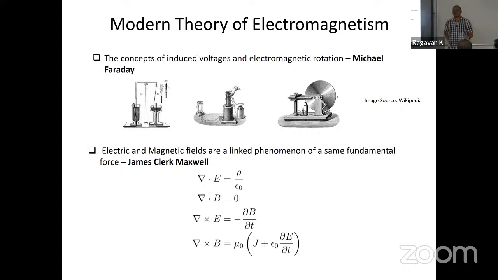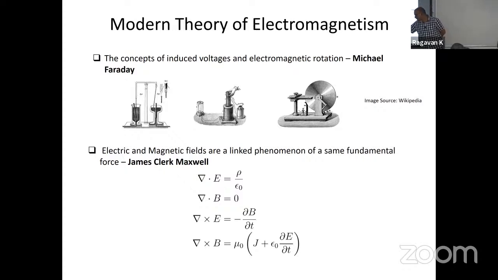The second equation says the divergence of magnetic field is 0. I assume all of you are familiar with it, so I'll go through it quickly. The third is that if there is a changing magnetic field and an induced voltage, the induced voltage develops in such a way that if you allow currents produced by that induced voltage, they'll oppose the source causing it, which is the change in magnetic field. And for the fourth equation, for a moment, let's put this aside.